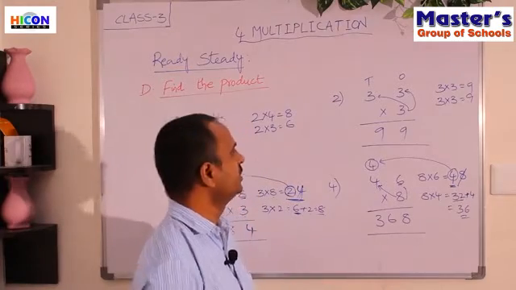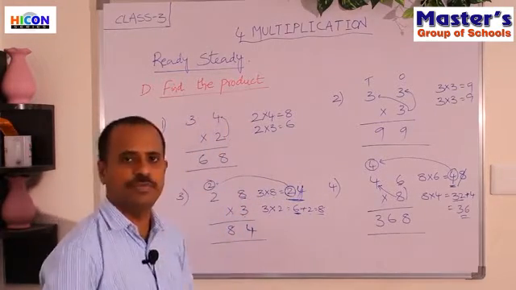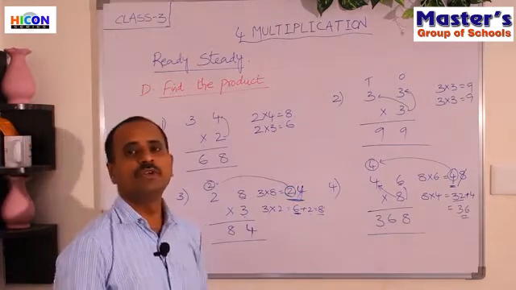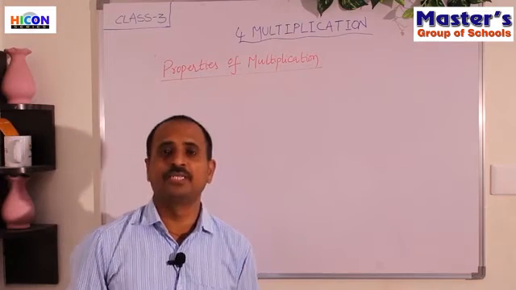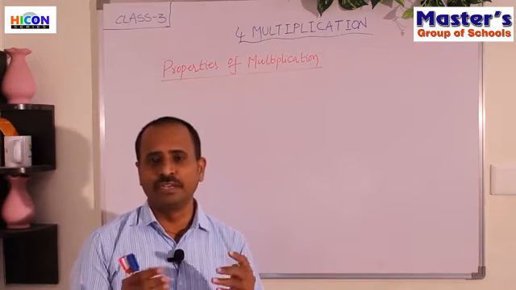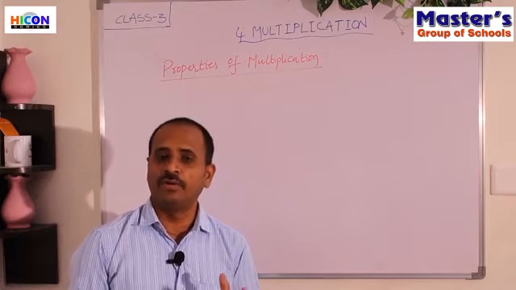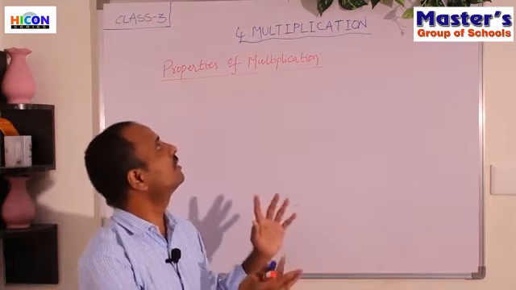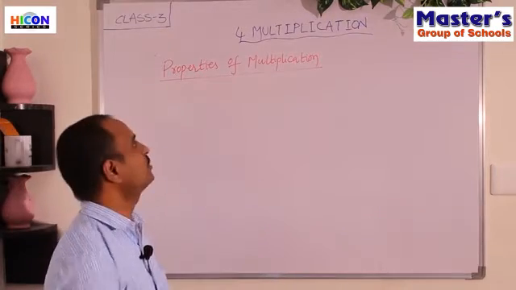So children, in this way, we can practice the multiplications with a single digit number. Now, practice the remaining problems at your home which are in the given PDF. Children, up to now we have practiced some problems on multiplication in the ready and steady part. Already you have learned this in the second class. Now let us enter into our chapter multiplication, that is, third class problems.